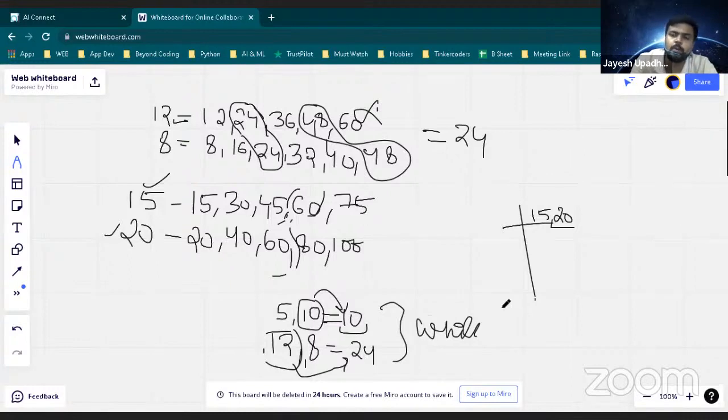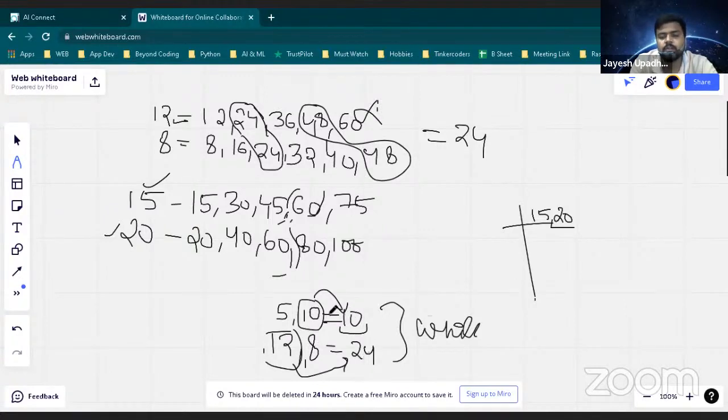Suppose you don't know any program. Okay, what you will do, just see what answer you are getting, how that answer comes, and then try to take out some conclusion from that. So I have taken out two conclusions. Let me repeat again. First conclusion is the number which I will get is always greater than or equal to the second number. Second conclusion is both the numbers will be perfectly divisible by my answer.